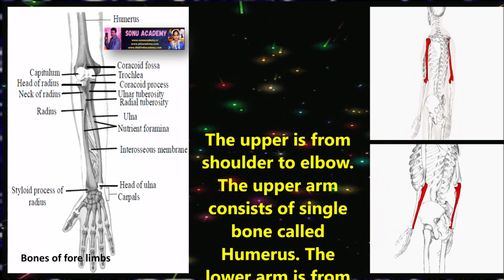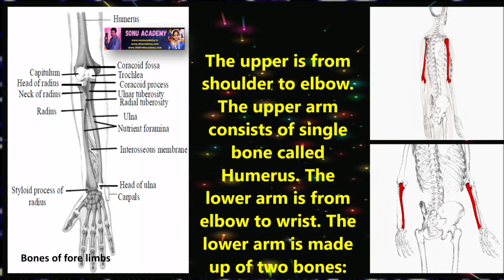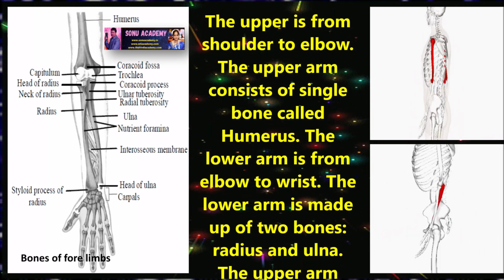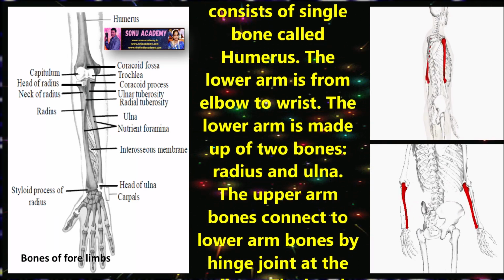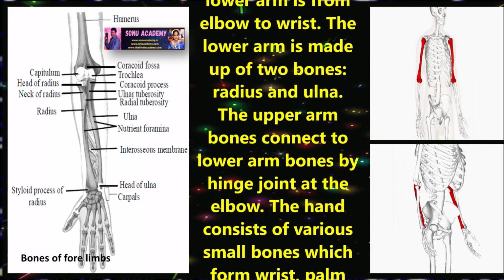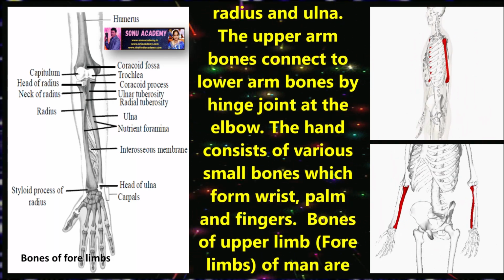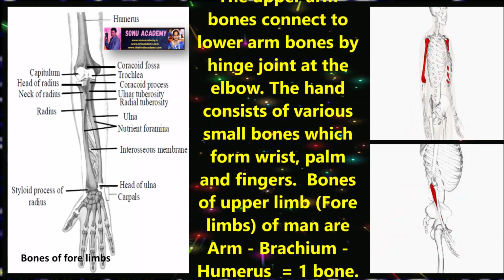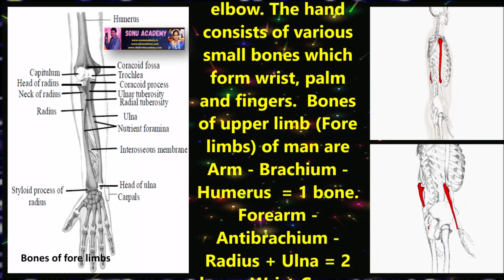The lower arm is from elbow to wrist. The lower arm is made up of two bones, radius and ulna. The upper arm bone connects to the lower arm bones by a hinge joint at the elbow. The hand consists of various small bones which form the wrist, palm and fingers. The bones of the upper limb, or forelimb, of man are the following: arm, brachium, humerus is one bone, forearm, antebrachium,